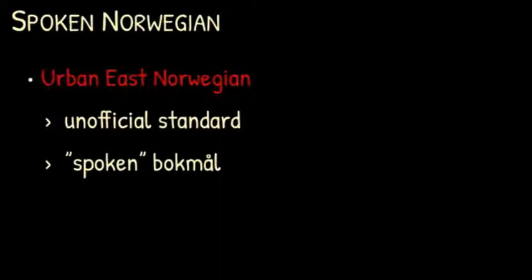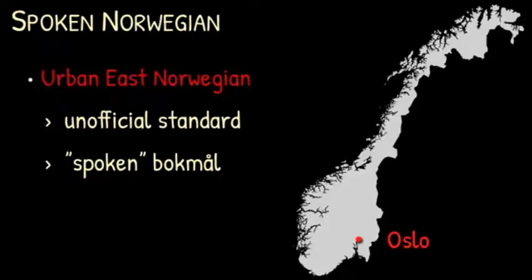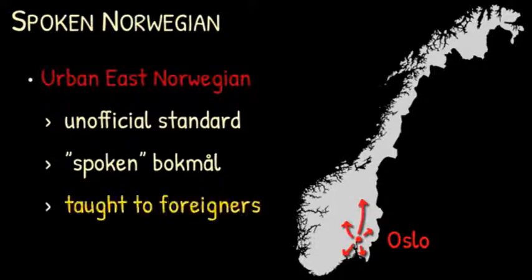The most prominent Norwegian dialect today is called Urban East Norwegian, and many people do consider this variety a kind of unofficial standard. This is essentially a kind of spoken bokmål, which traces its origins to Western Oslo and the prestigious Danish-Norwegian hybrid language once spoken there. This variety has spread and mixed with surrounding dialects, radiating out from Oslo, and is now the main dialect for many people living in this area. This form of spoken Norwegian is the one usually taught to foreigners and the one described in Norwegian grammars. But in learning or speaking Norwegian, you should nevertheless be prepared to encounter a lot of spoken and often even